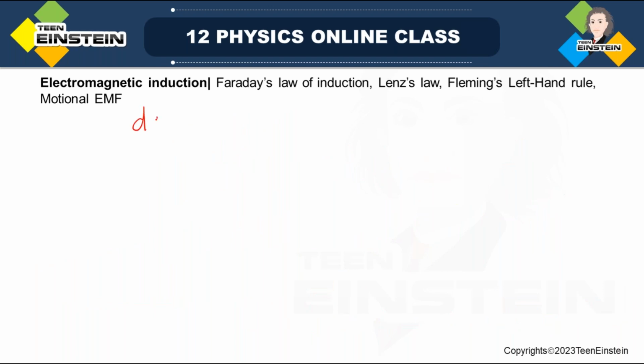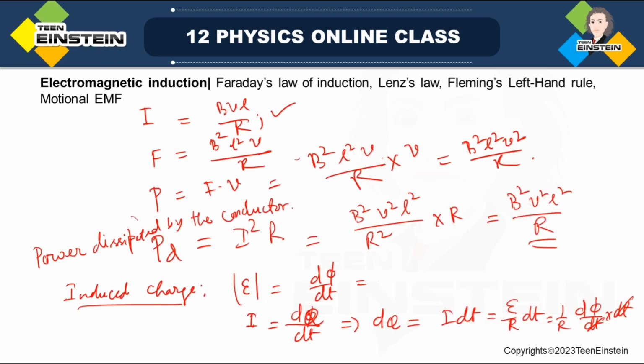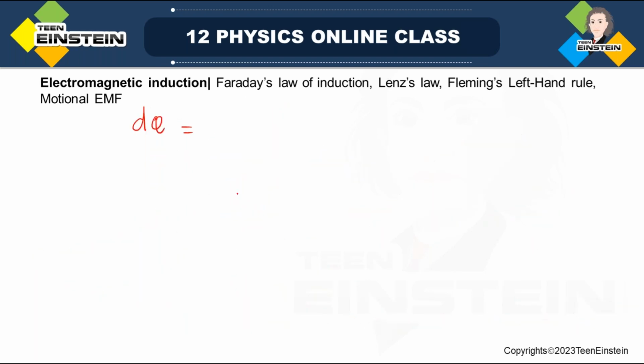We get dq, that is the induced charge, is equal to 1 by R d phi, or d phi by R. So if you want to get total charge induced, then you have to do integration out of it for the whole flux linked with the coil. See, what it means is actually, so this means